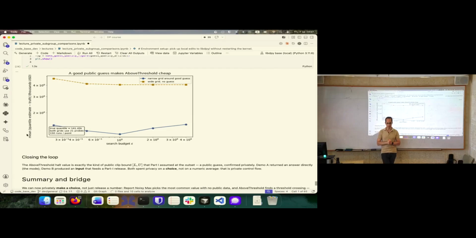What happens is we have this weird trade-off. If the original guesses are far away, then we will fail very quickly because we will run out of privacy budget. If the original guesses are very close to our data, we haven't learned much.